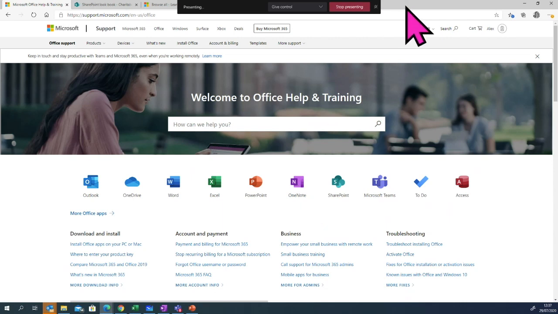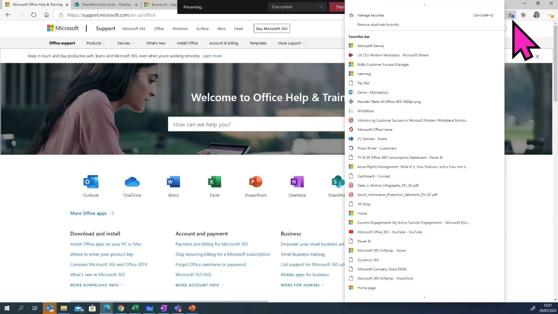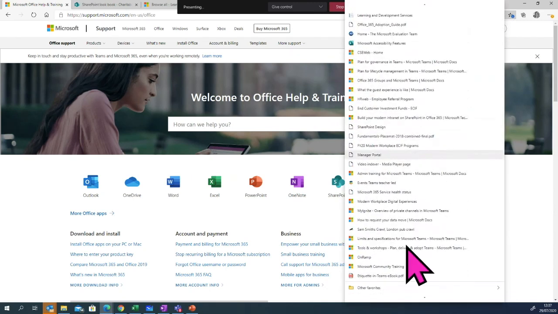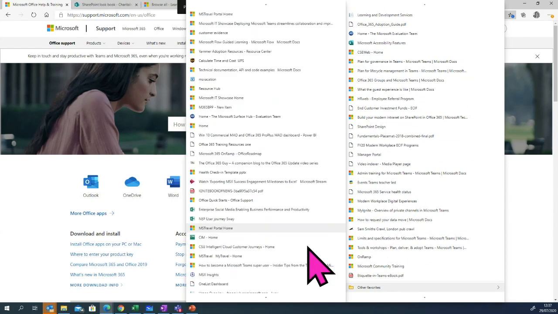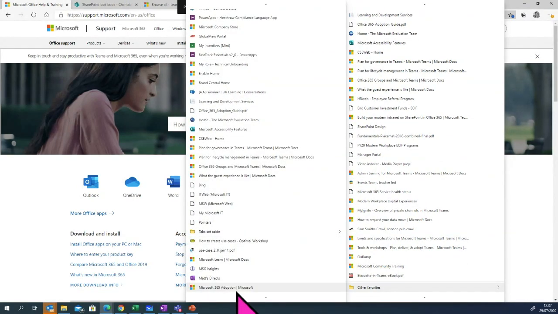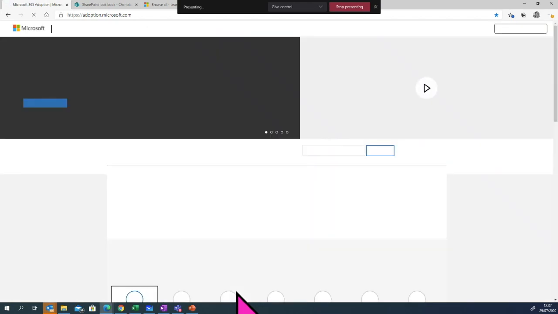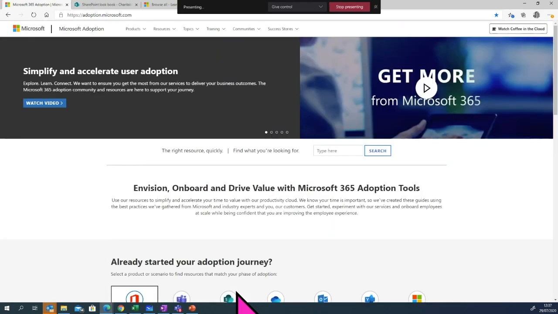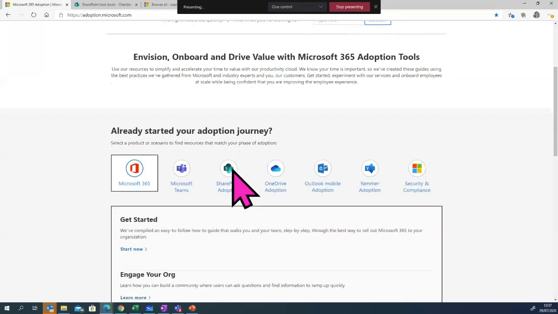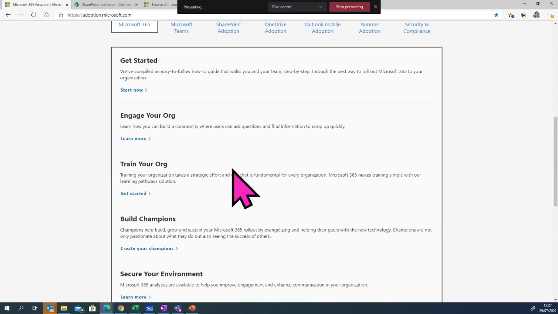There is also a new adoption page as well. You can see I have got lots of favorites in here. So if any of you who have joined today are from the champions or change management or adoption teams, this is a new website we just launched called adoption.microsoft.com. And this is where you can get all the right tools to building a champions network,